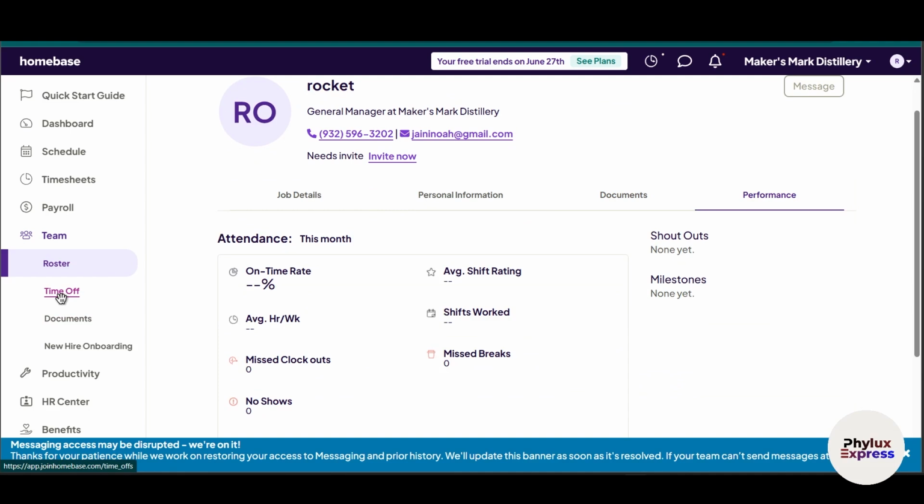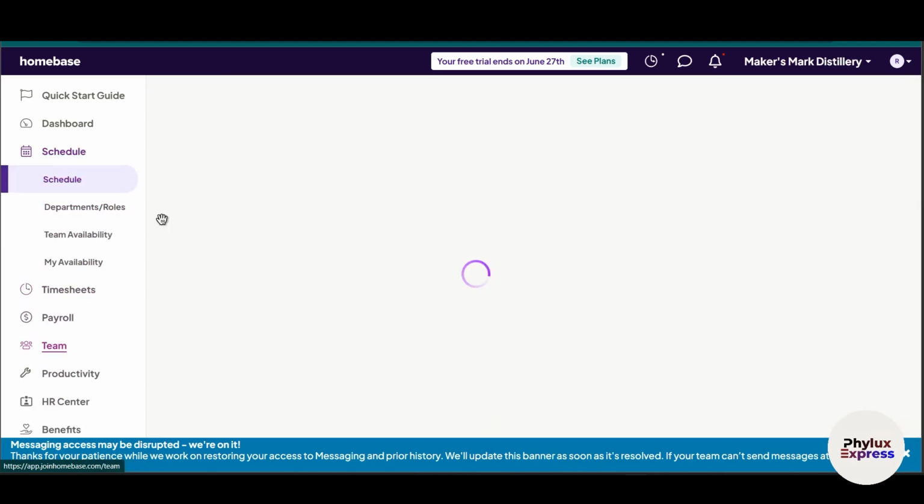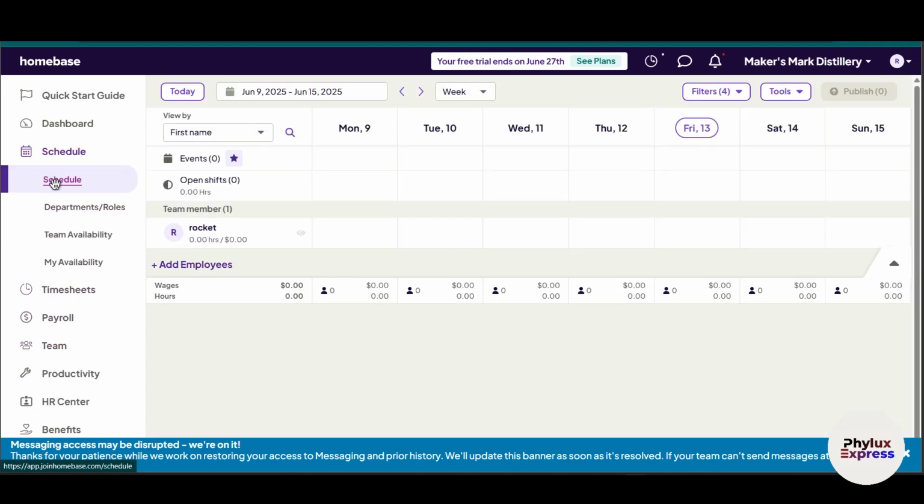Now let's move to create and manage your schedule. Now let's build your schedule. Go to the schedule tab in the top left corner. Then you will see there is an option of schedule. Now click on the schedule, then click plus, click shift